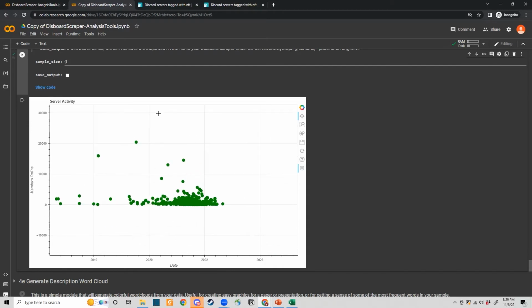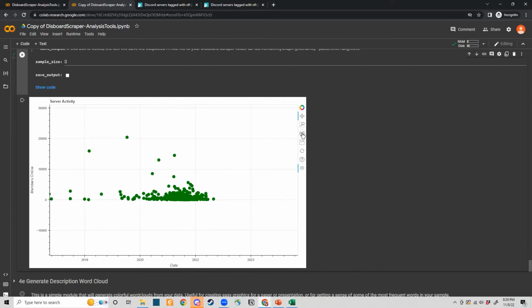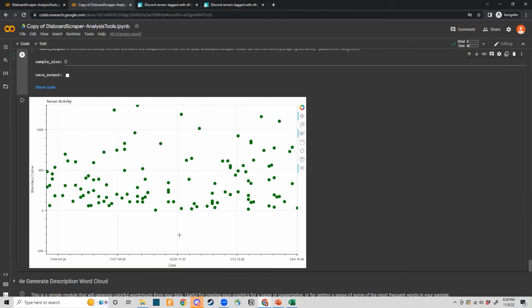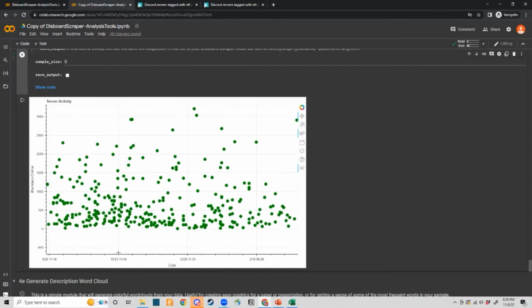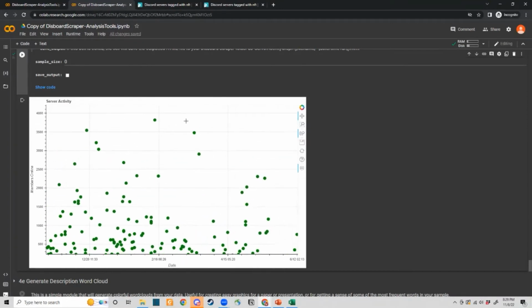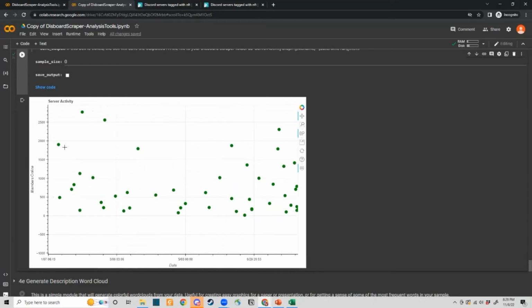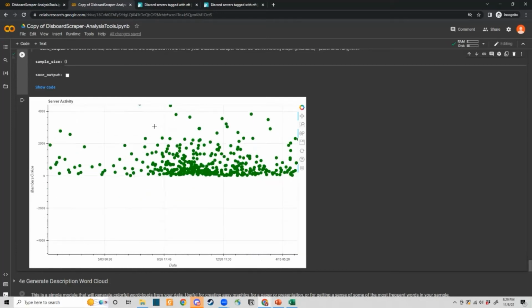And what's amazing about this is we can actually click and drag, and if we click this little option here with wheel zoom, it's the 4th one from the top, we can even zoom in and get a really careful look at, wow, what is the most recent popular community, what is the oldest popular community, and again, the